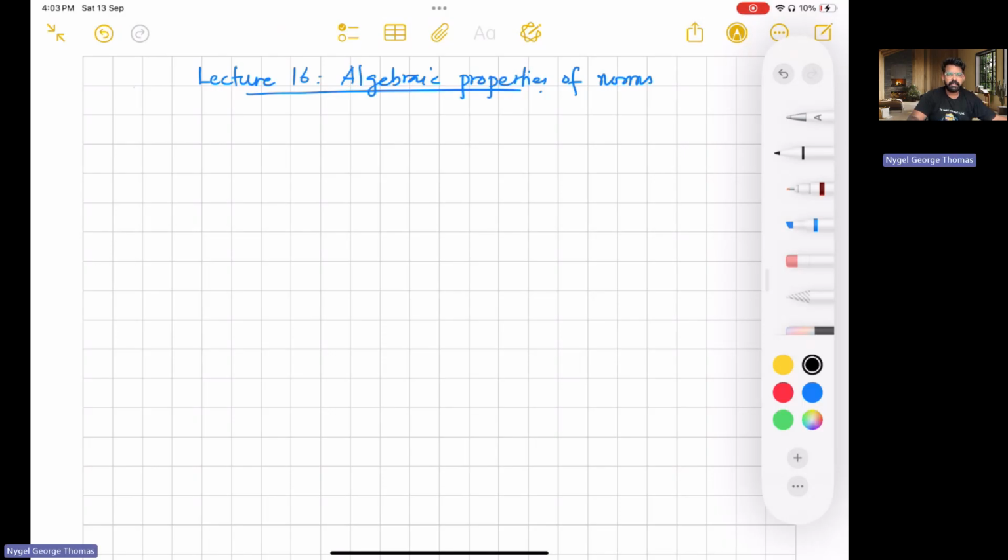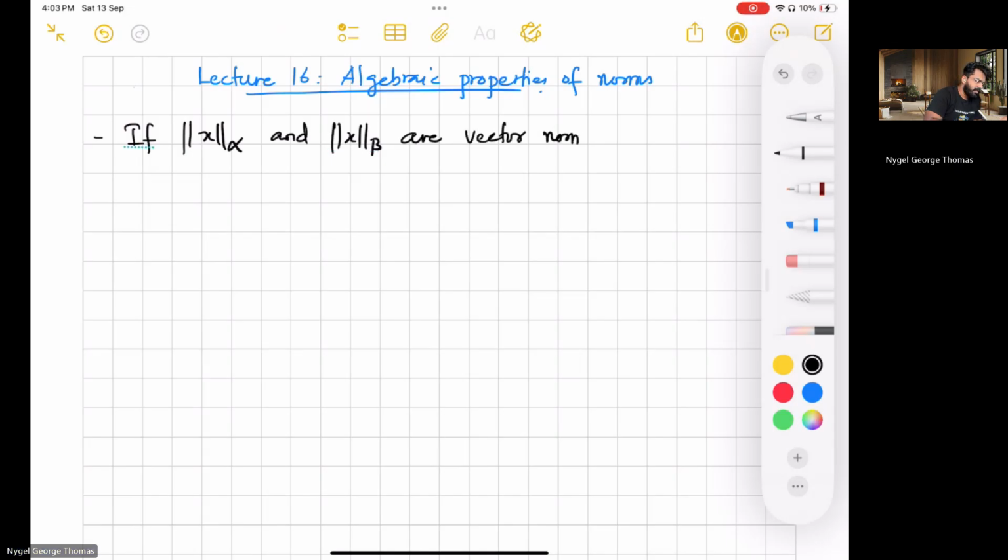Let's look at some algebraic properties of norms, which will be really useful. Once we have a set of norms, we can also form other norms using combinations of them. The first property we're looking into is: if the alpha norm and beta norm of x are vector norms on some vector space,